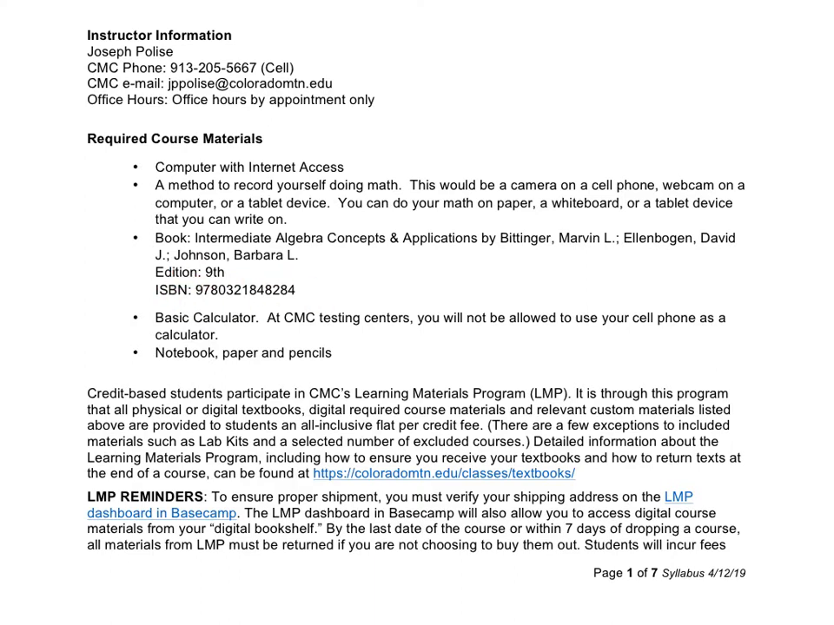Okay, you'll need a basic calculator. You don't need anything terribly fancy, but at CMC testing centers, you will not be allowed to use your cell phone at all. Okay, so it's important that you have a basic calculator, and then you'll need a notebook, something to organize yourself, paper and pencils. All right. Now, with the book,